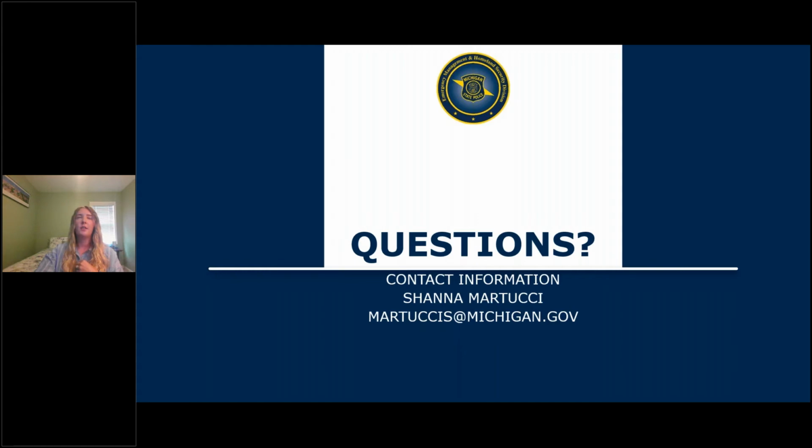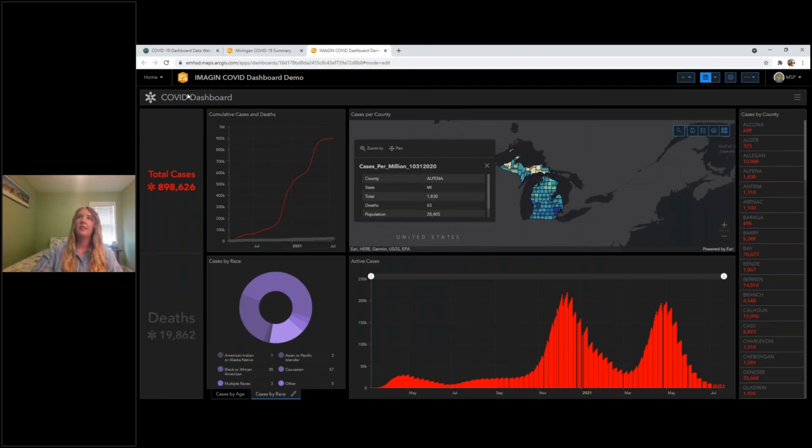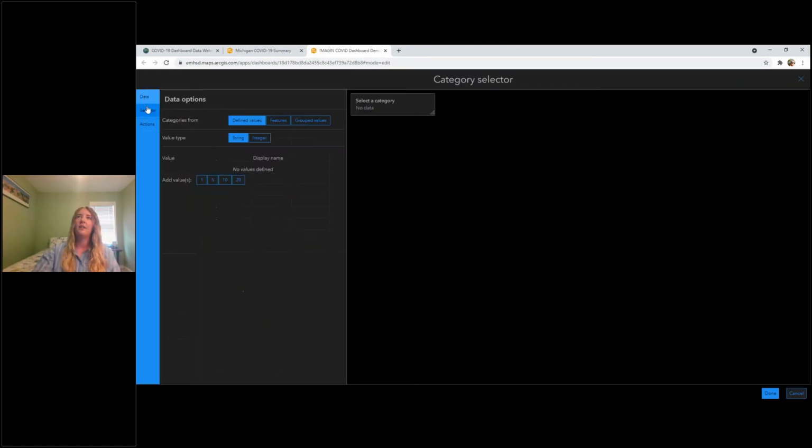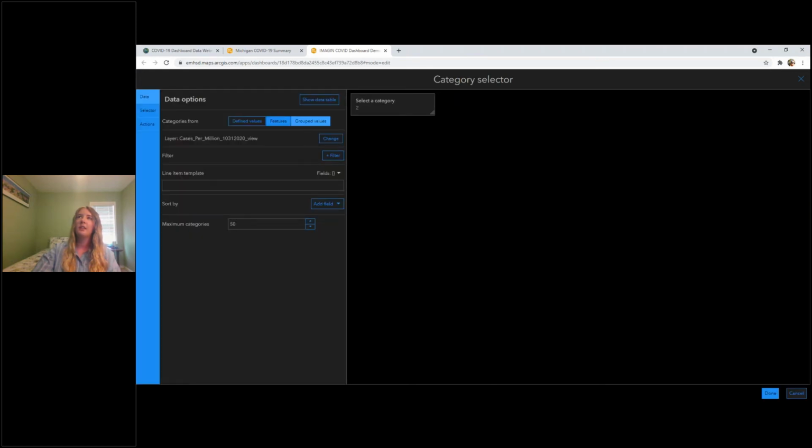We didn't add the filter for each county from the dashboard, but that's something that you can add. I can actually show that really quickly. If you wanted to add a filter, the easiest way is to do it from the header. So you can go down and do add category selector. And I want to do the cases per million. And then I can do group values and do a county.